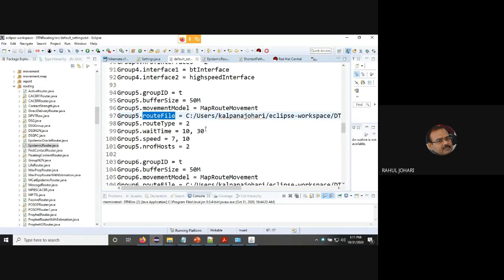So let's say if you want to carry out a simulation of the nodes within your own city, for example Delhi or Mumbai or Chennai. Then I need to have the trace file, the coordinates of the traffic within that particular city road: where the traffic light is, where the buildings are. The node has to move on a predefined path.